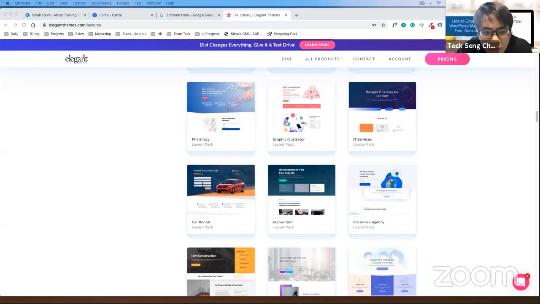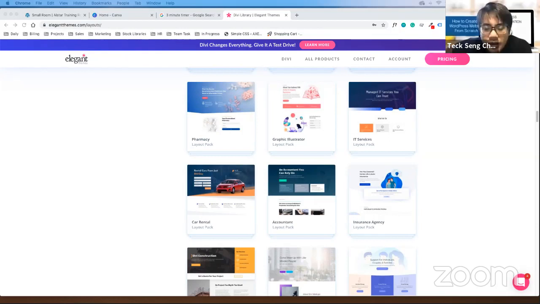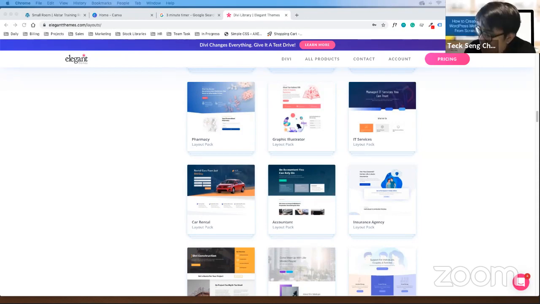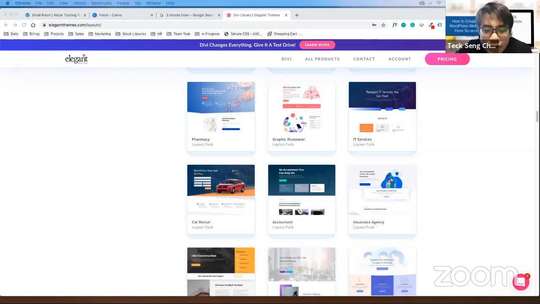Because they don't give the child theme. So if we get one of these templates and they have upgrades in the future, will our information be lost? So you should use a child theme.